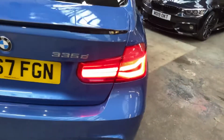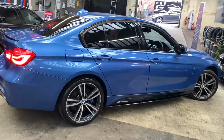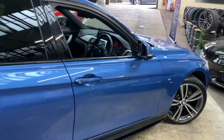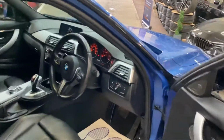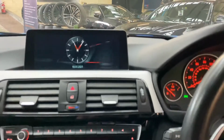Onto the back of the other side of the car now, and as you can see again, the Estoril Blue does work extremely well with those additions we've added, as well as the lovely styling of the F33 3 Series. Inside we've got a couple of things to show you, including the superb Professional wide navigation and media. We'll also start the car up as well,